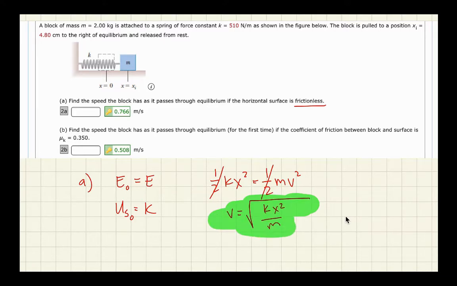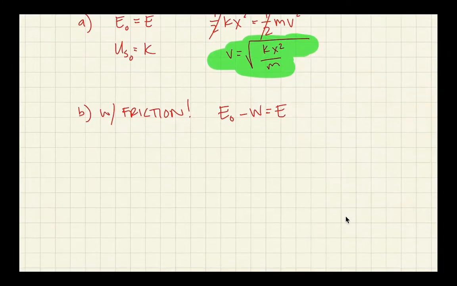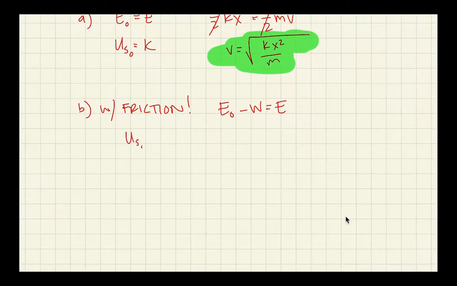Now, if there's friction, then the situation differs. With friction, we have non-conservative forces. So the initial energy plus or minus the work is equal to the final energy. And in this case, the work done is going to be negative again because friction removes energy from the system. So my starting energy will still be spring energy minus the force of friction times delta x equals